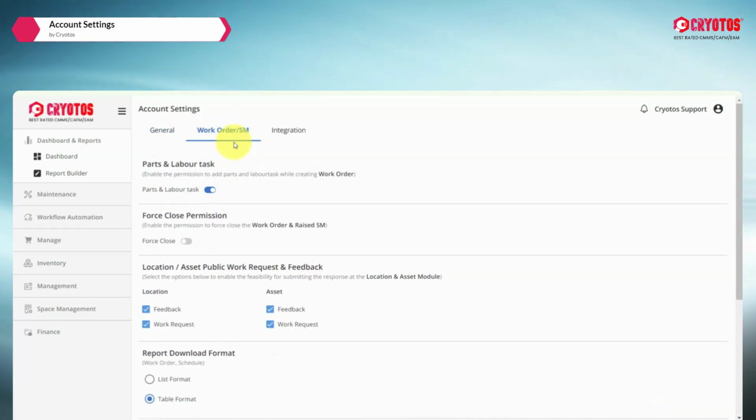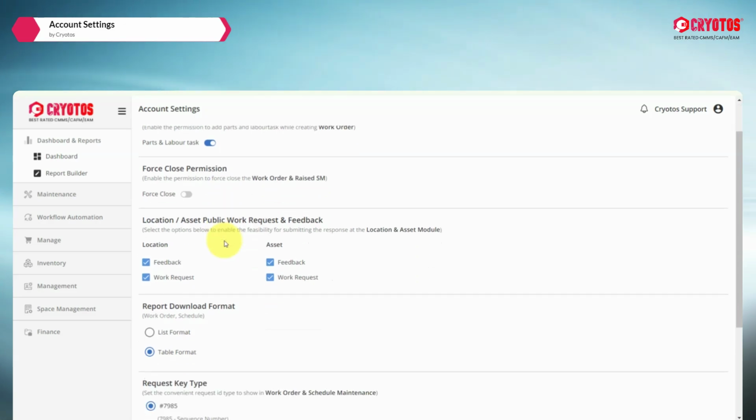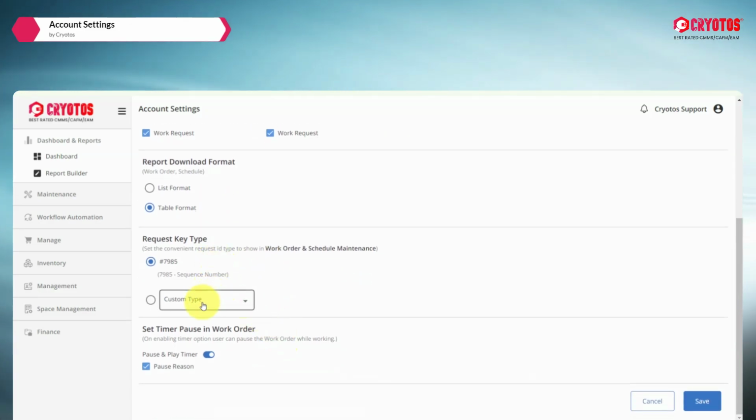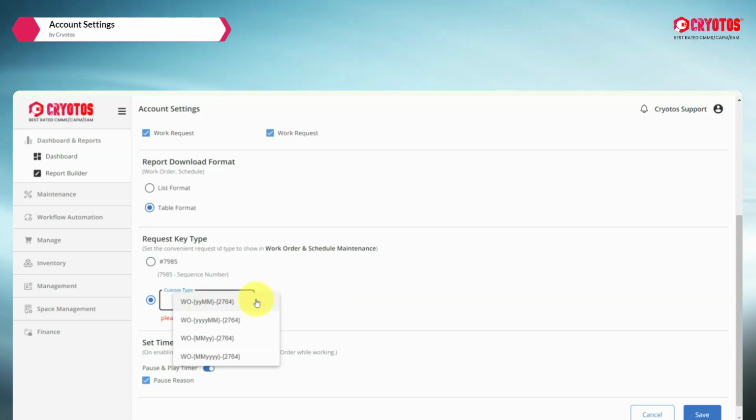And for the work order and the ASM, we can enable the parts and labor task which need to be consumed, the force close option where you can close the work order without completing all your forms whenever it is very necessary, location and asset public request and feedback, the format of downloading the report in list format or a table format. The request key type can be changed and customized with different formats, and the set timer